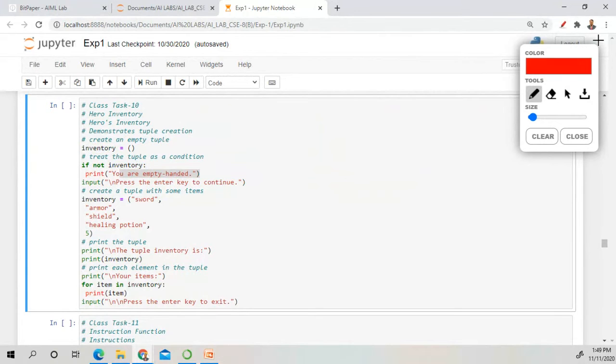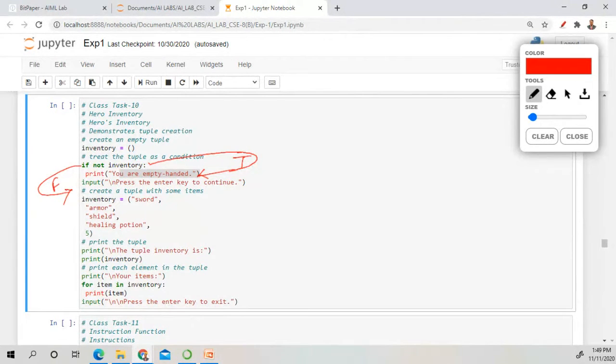Any doubt till now? Write in the chat box. Not inventory checks whether this is empty or not. If it is empty, it represents the true condition and prints the statement written here. If this condition is true, it is executed; if it is false, the next statement is executed.